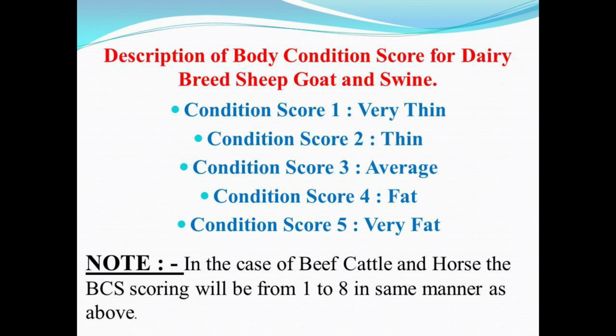Now moving further, we will discuss the description of the body condition score for the dairy breed, sheep, goat or swine. As I already told you, the lower the condition score, the thinner is the animal. So in the case of dairy breed, sheep, goat or swine, if the condition score assigned is 1, the animal is very thin. If it is 2, the animal is thin, and so on